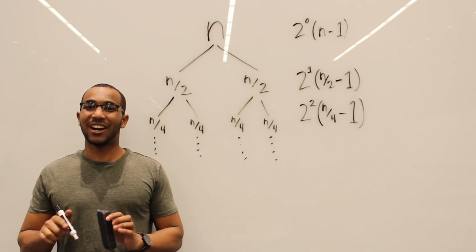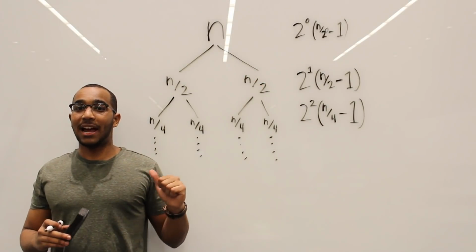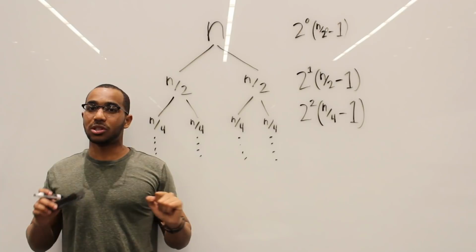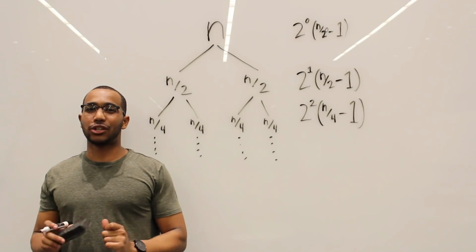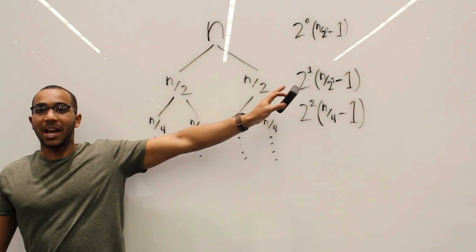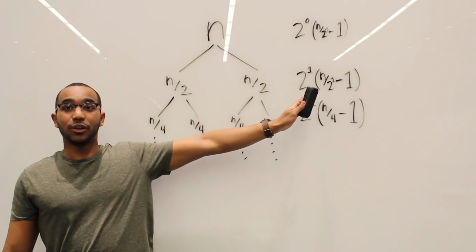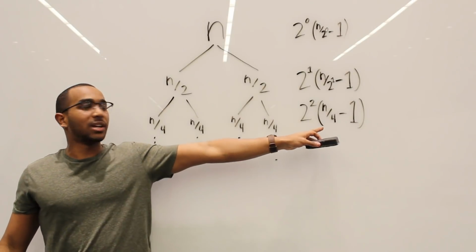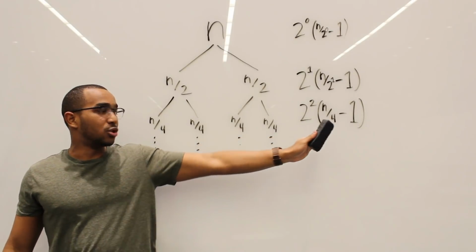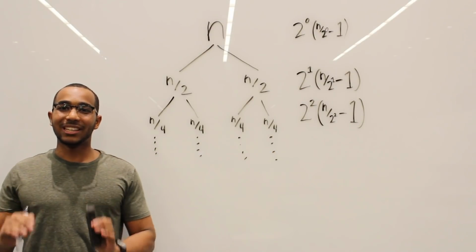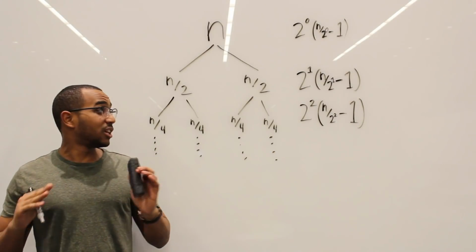So would you disagree if I did this? You see that right now. All I did, I had an n before, but now it says n over 2 to the 0. n over 1 is actually 1. So would you disagree if I did this now? I re-expressed n over 2 as n over 2 to the 1. And I want you to start seeing a pattern here. So I'm going to re-express this right here. What is 2 to the something to get 4? 2 squared. So now we're really starting to see what the work is.